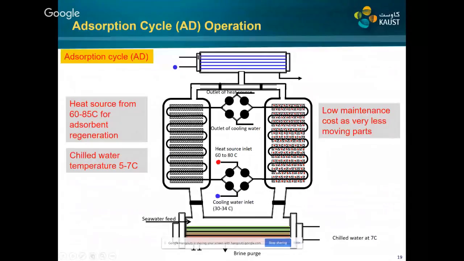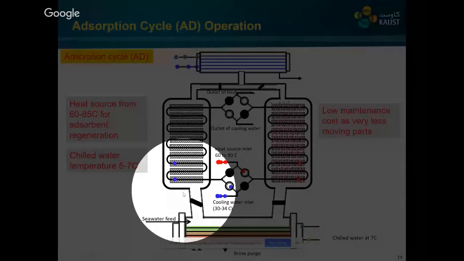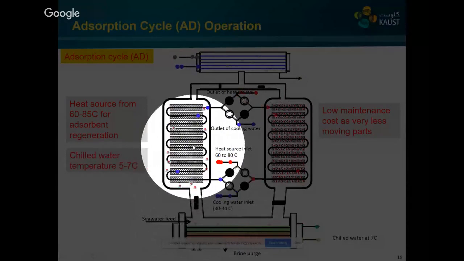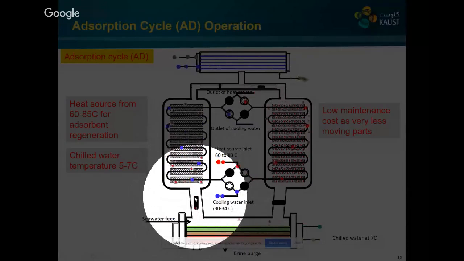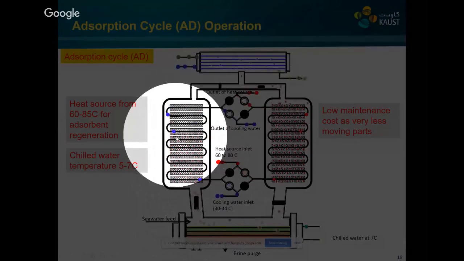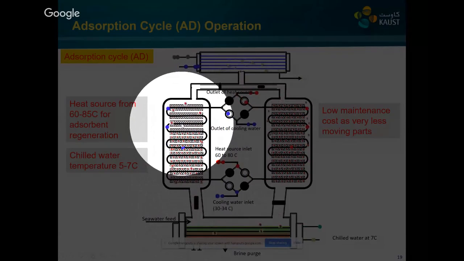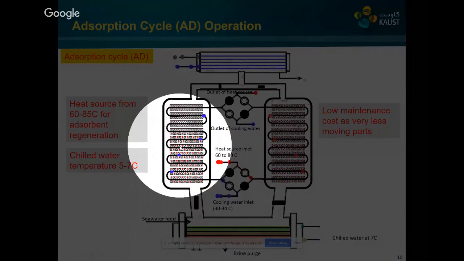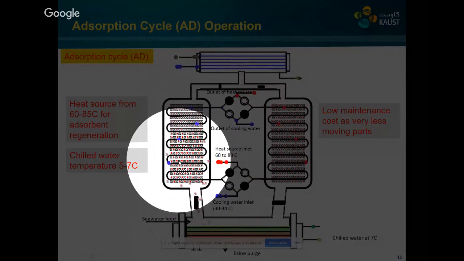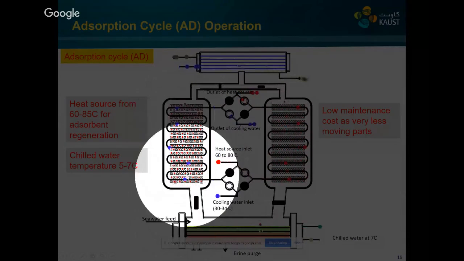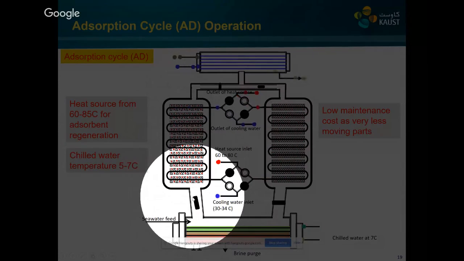And how does it actually work? This is the last stage of the MED, and firstly, this bed is undergoing the adsorption cycle, so the valve will open and the vapor will be adsorbed on the silica gel surface. Because the silica gel is a fixed amount, after some time it will be fully saturated, it cannot take more vapors. So what will happen? This valve will close and the adsorption will start on the other bed. Once it is fully saturated, it cannot take more vapors and the valve will close.